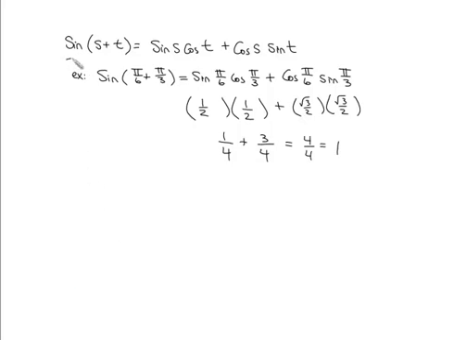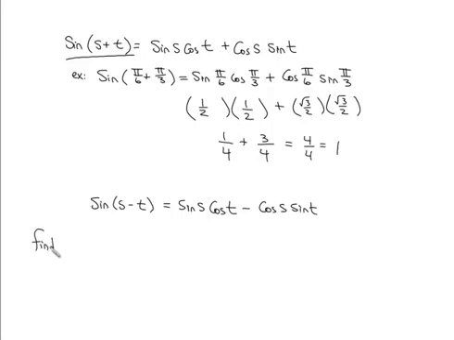Now, the sine subtraction formula: sine of some angle S minus some angle T is equal to the sine of the first times the cosine of the second, and now, since this is a minus, this is a minus, cosine of the first times sine of the second. This is obviously going to work exactly the same way. An example for this might be to find